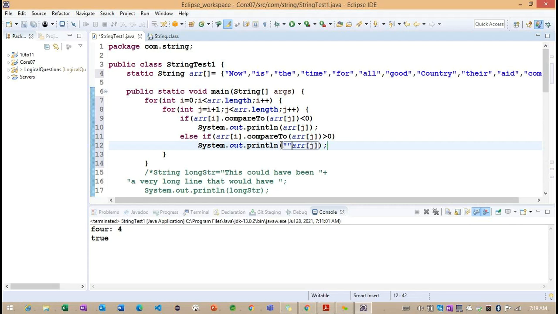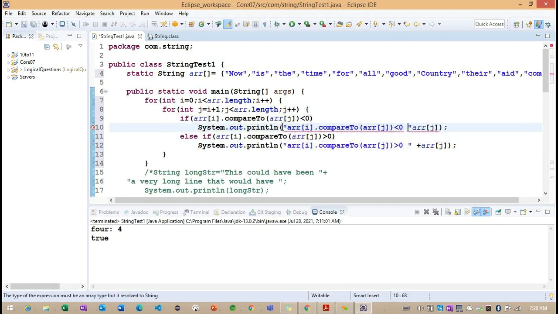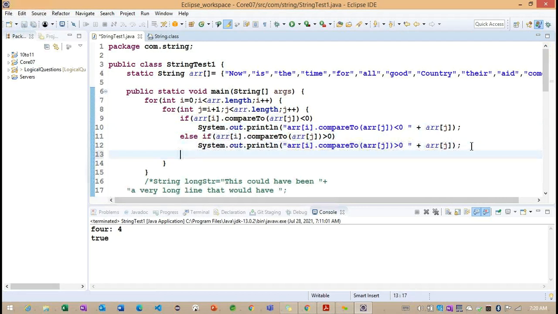Here the message is important. This particular thing is coming from this section of code, and this method will print it.